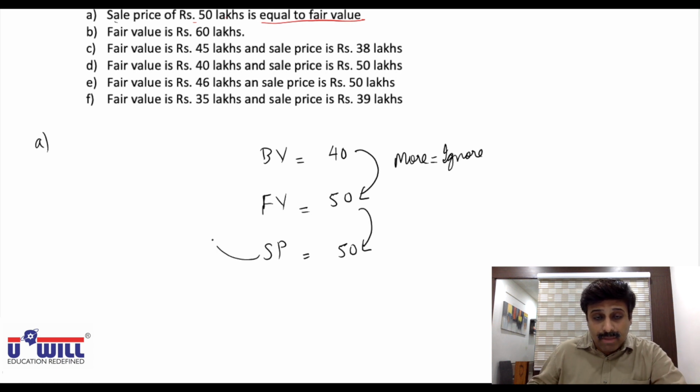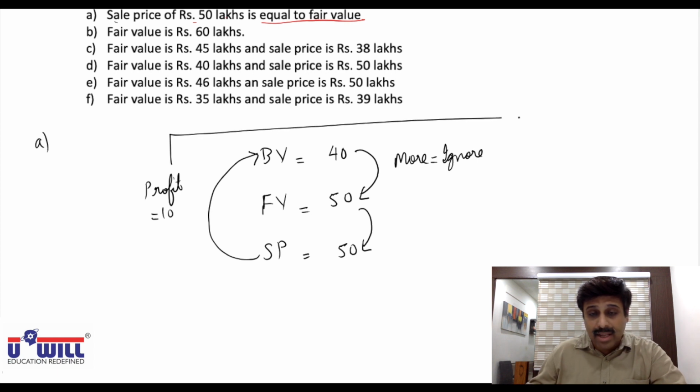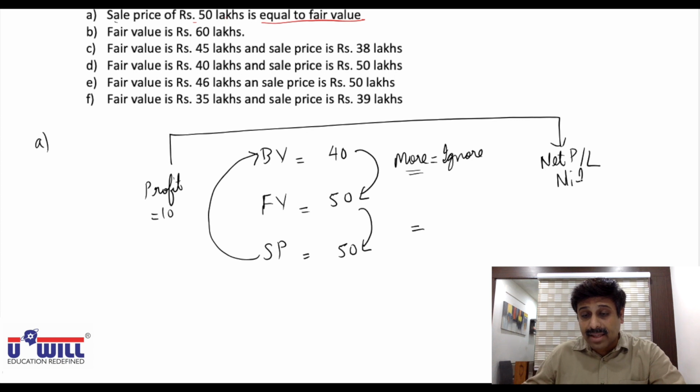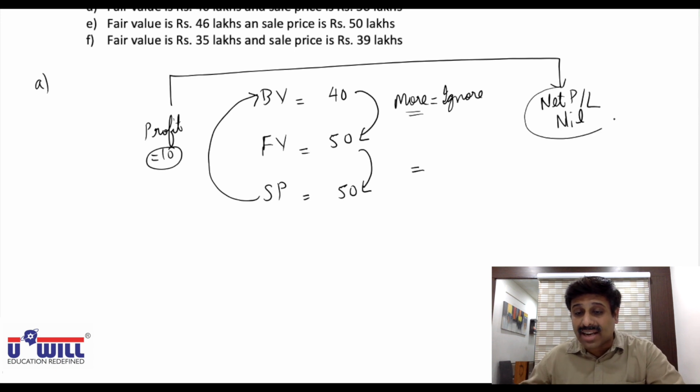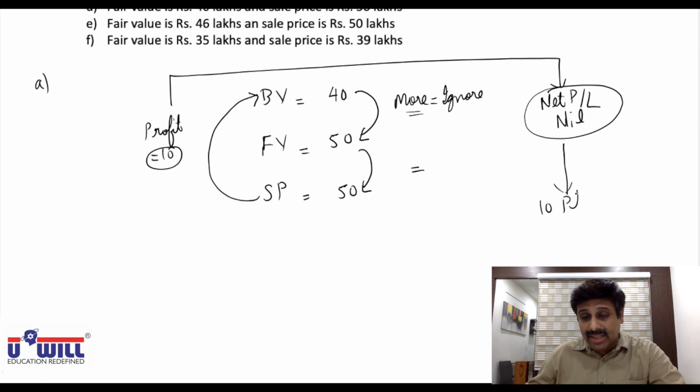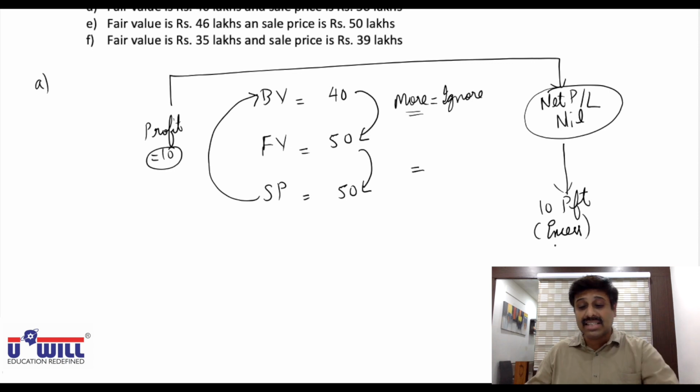Ignore it. Now you compare selling price again with book value. What is the difference of 40 and 50? Here there is a profit of 10 lakhs. It is more. Now, what did I tell you? Finally, you again compare it with net profit or loss. Here there is no profit, no loss, that is nil. If you compare it with net profit or loss, you'll find this 10 lakhs is not covered on the right side till now. This 10 lakhs of profit is not covered. It is excess. What did I make you write in the diagram? If it is excess, then you take it to P&L account immediately.